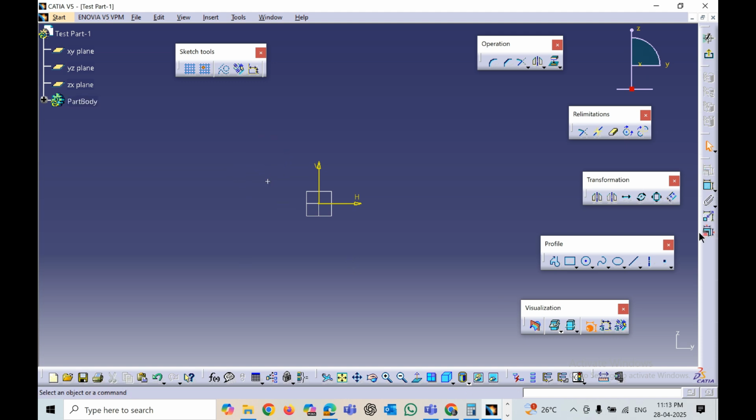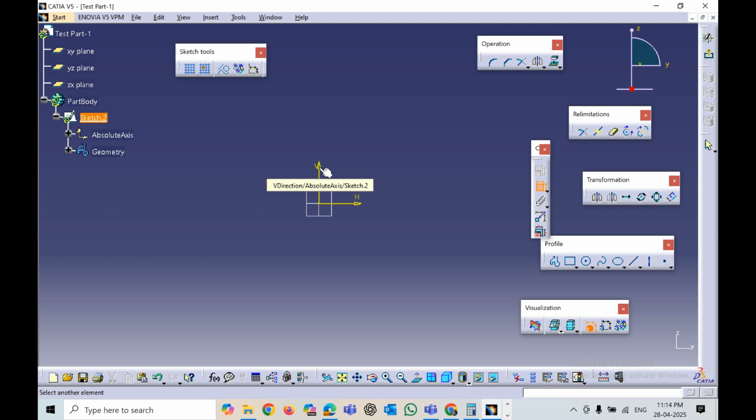Okay, so let me constrain it. In order to constrain, there is a toolbar known as the constraint toolbar. Here we have an option known as constraint. Select on it and select on the point. So it's been highlighted. Let me open up the tool, and first, one side, let me constrain with the,